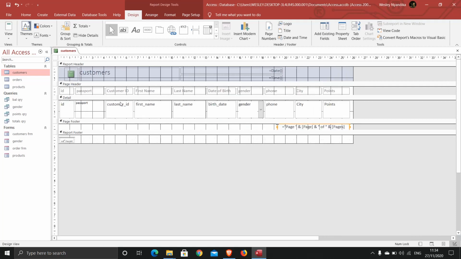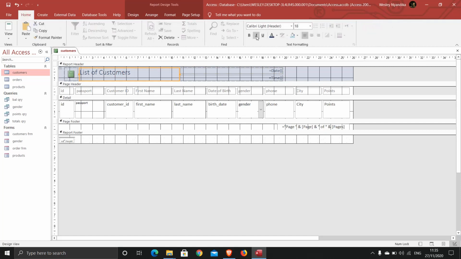So that's okay. Now you can change this heading here. So you can come here and type "List of top customers." Perfect. You can format this how you want. So Home, and you can change the color, bold it, and increase the size a bit. Okay, go with 26 and see. Perfect. So the date here, you can also select the date and the time, bold it, and change the color of it.